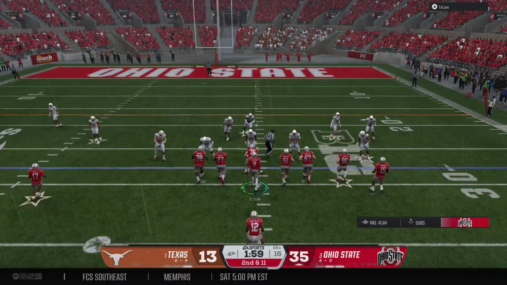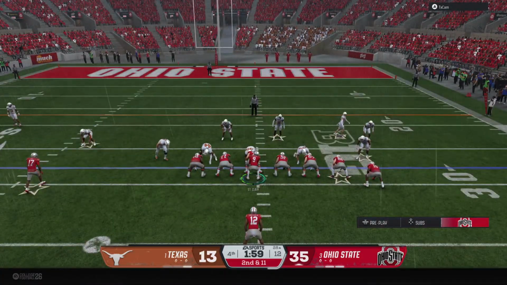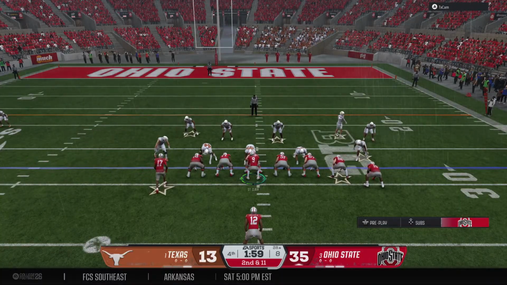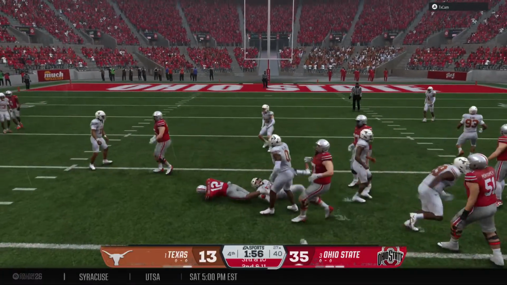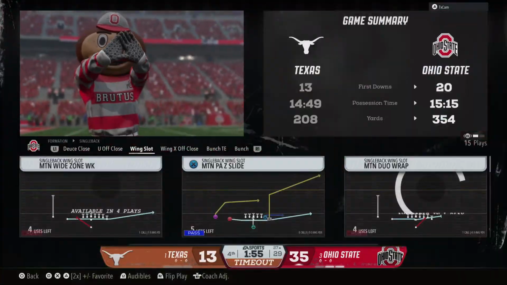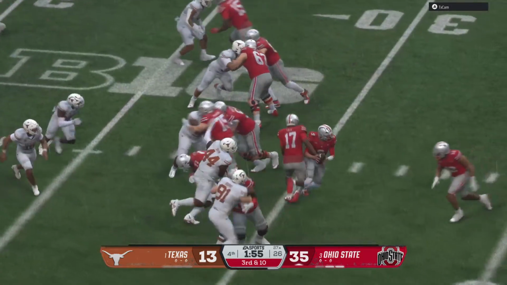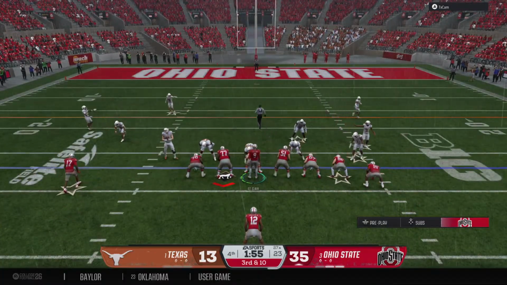And here comes play number 6 on this drive. Pre-snap motion from the offense. Keep it on the ground. There's the handoff. They test the middle of the defense, but get nothing. And now a timeout taken by the defense, trying to preserve as much clock as possible for their offense.